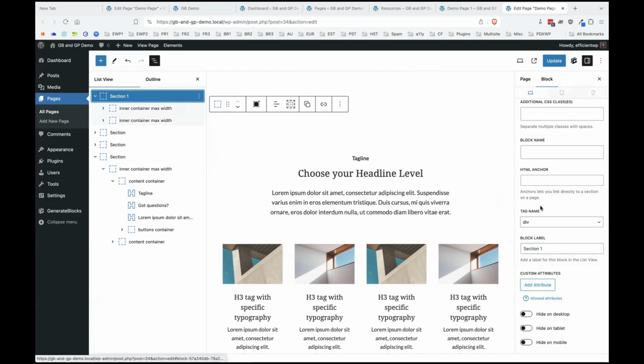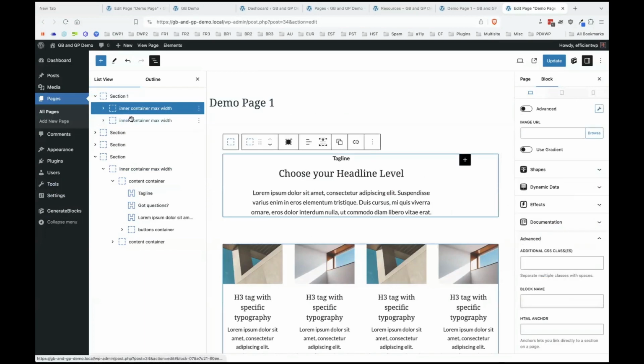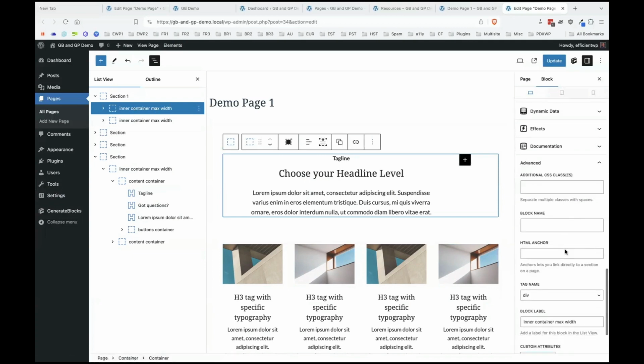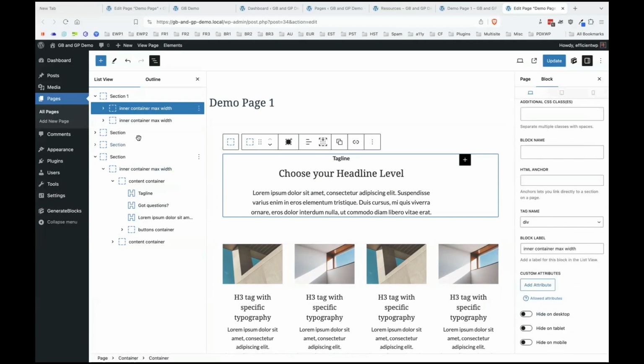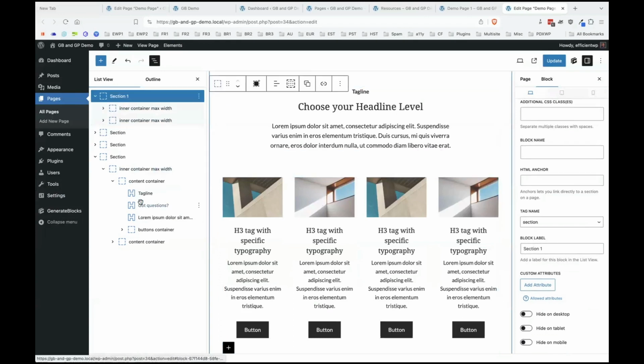Yeah, so this one, and somebody correct me if I'm wrong, but if it goes full width, that should probably be a section. And then the inner container should probably stay divs. Well, a section is like an area on your web page that's specific content all grouped together. So your hero would be a section, your call to action might be another section. Depends on your layout, but that's